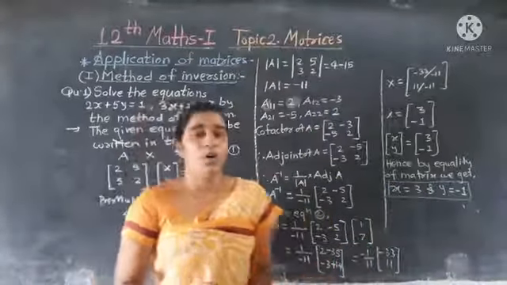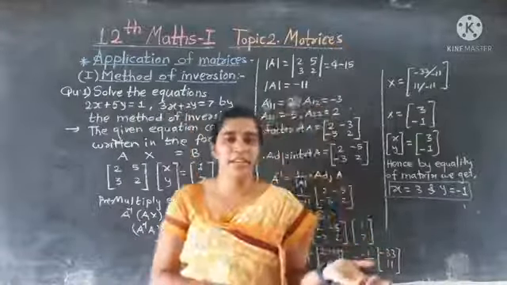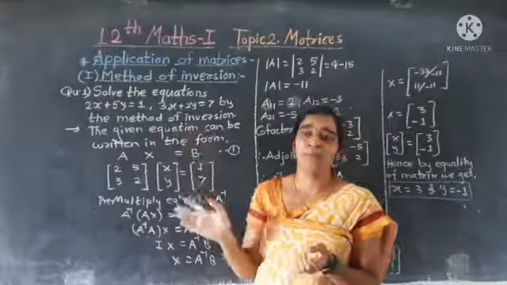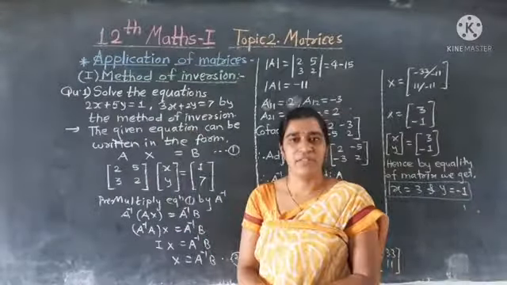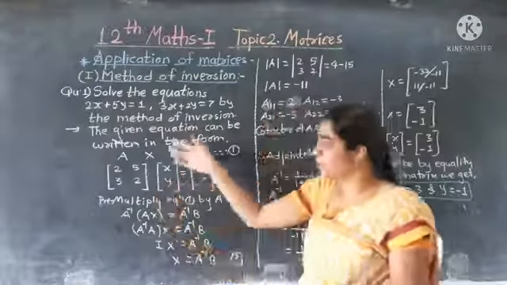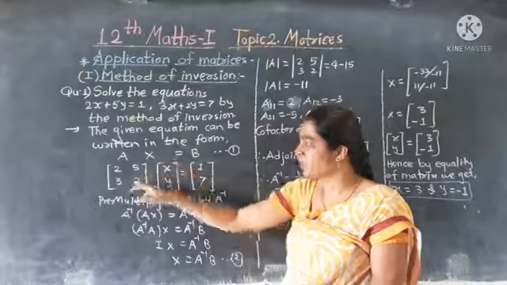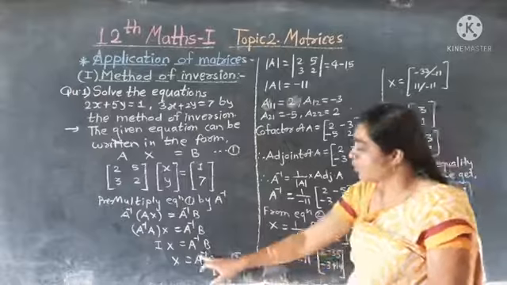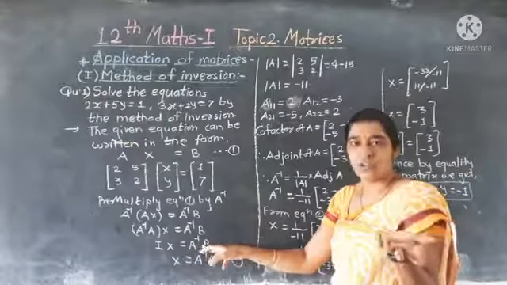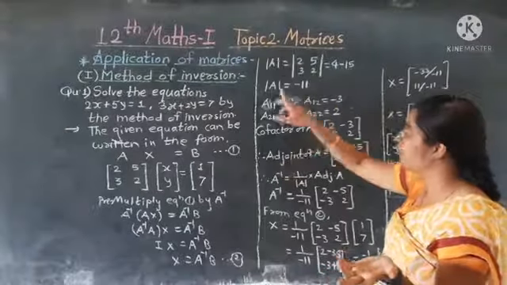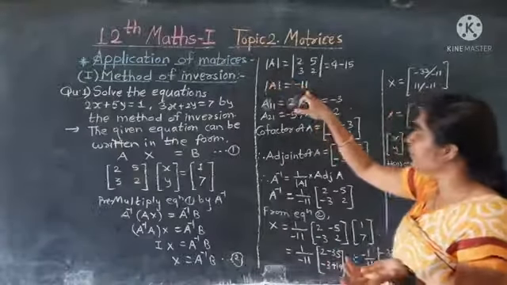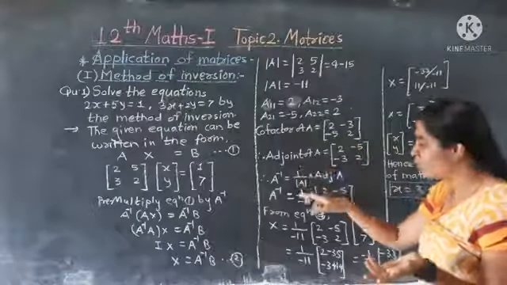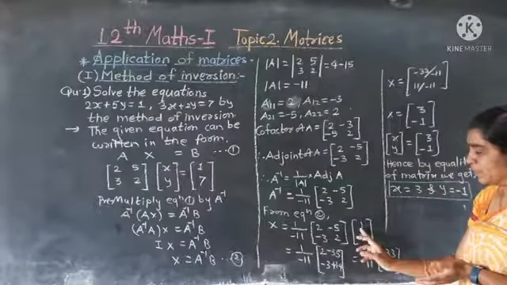Okay. We had seen how to find this equation in 9th standard, 10th standard. But we use application of matrices for solving these linear equations also. Okay, understand? First you write the given matrix in the form Ax is equal to B. Then you pre-multiply by A inverse, find x is equal to A inverse into B. You find A inverse by transformation or by adjoint method. Here I find by adjoint method. For this you find determinant A, then you find cofactor of each element, then adjoint of A, write the formula and then simplify. Here you multiply.